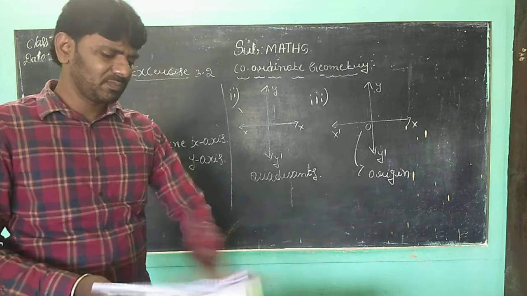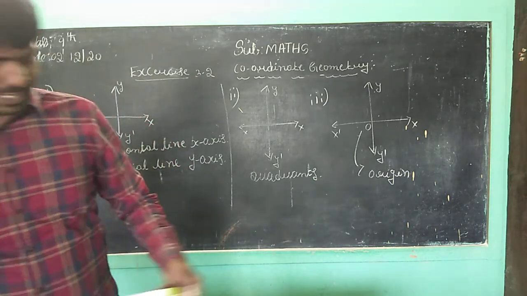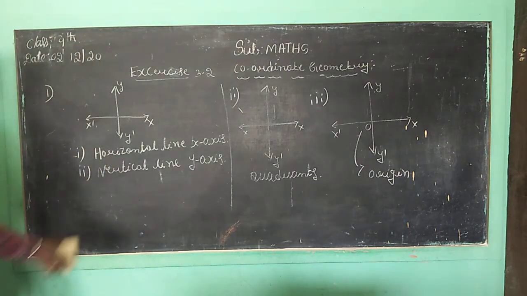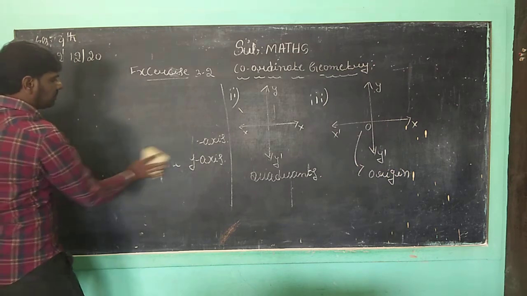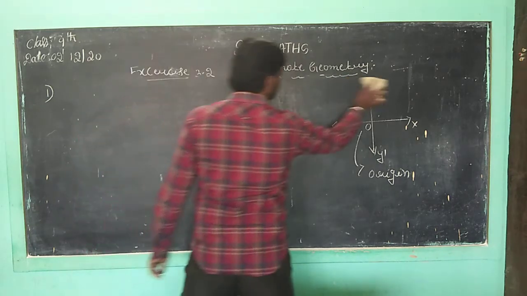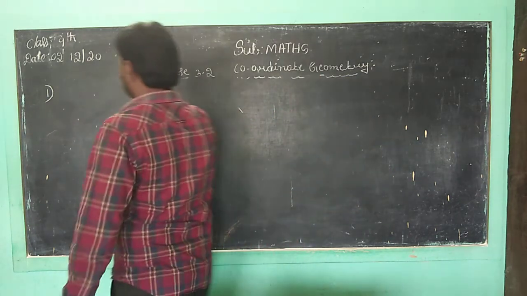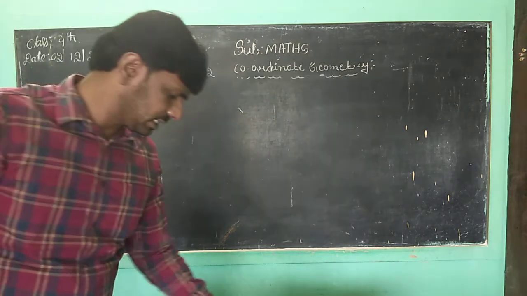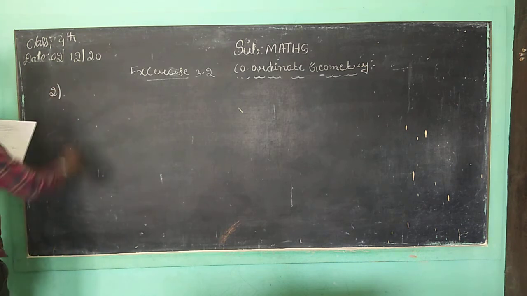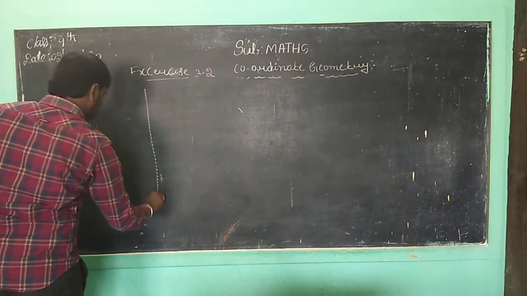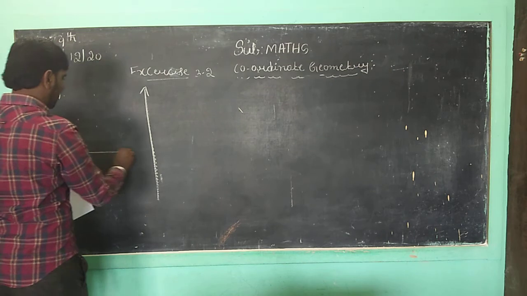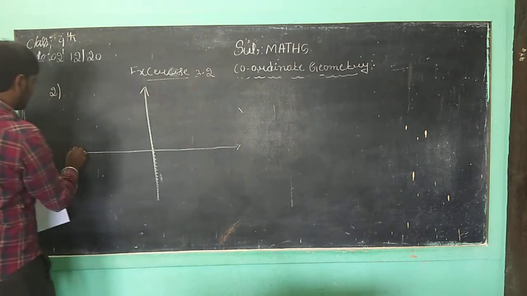What is that second question? Students, in the given diagram, you want to draw the second question. Shall I lecture this one? Okay, students. Second question, students. What is that? You want to draw the diagram. First, children, you want to take a Cartesian line, and this is what we want to represent. Correct, children. This is the x-axis.